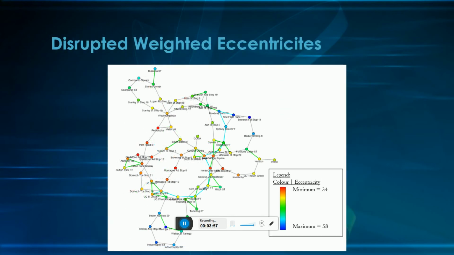stations. And because of the removal of the train network, there's much less structure in this network, and so there's far less of a tightly knit center as seen before, and the eccentricities are far more spread out. Also noticeably, the minimum eccentricity is 34 and the maximum eccentricity is 58, so there is a path in this network now that takes 58 minutes between two vertices, and so this network on the whole is far slower than